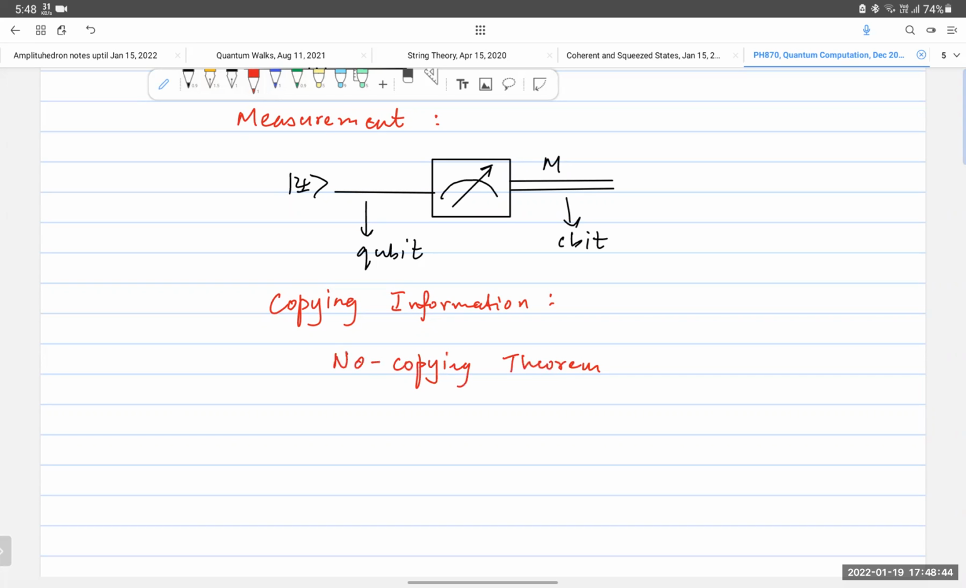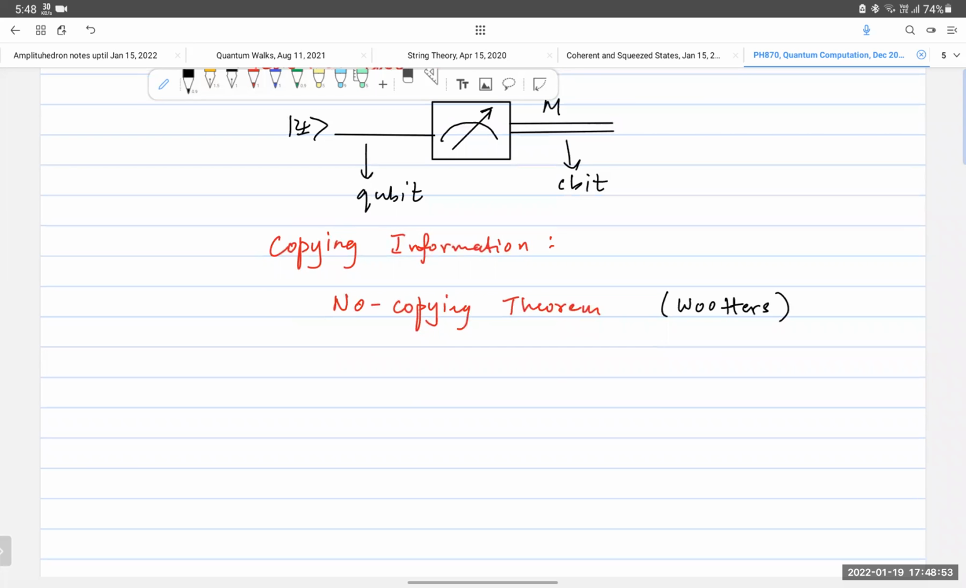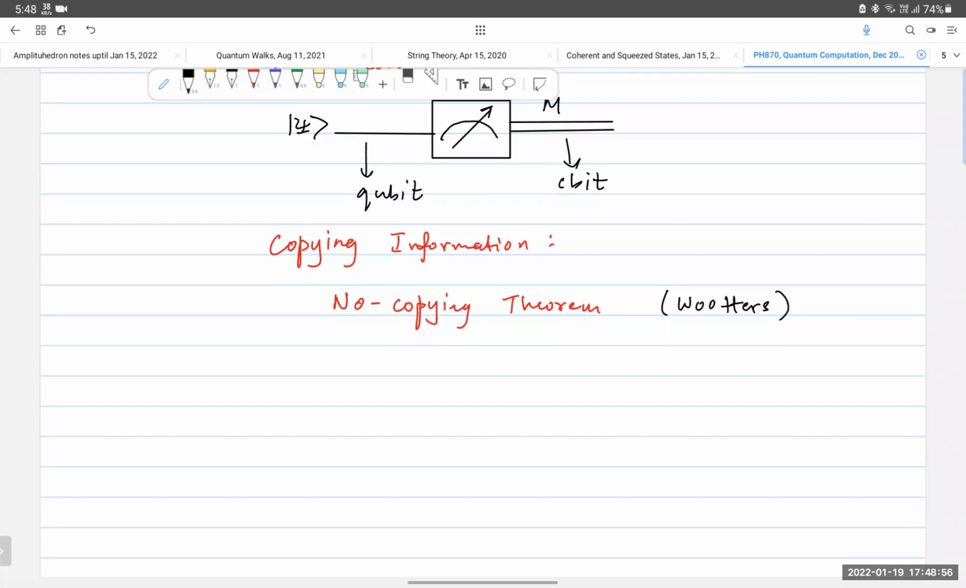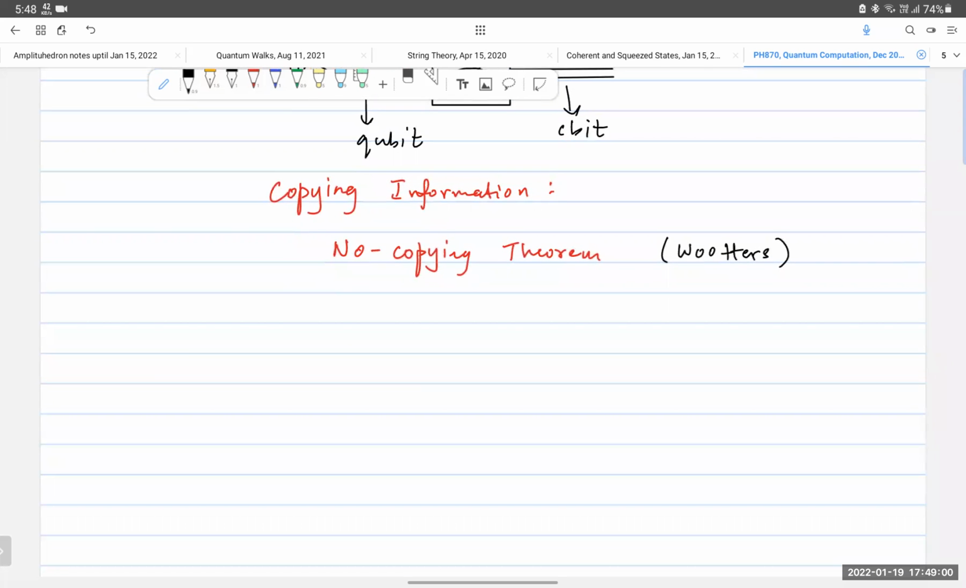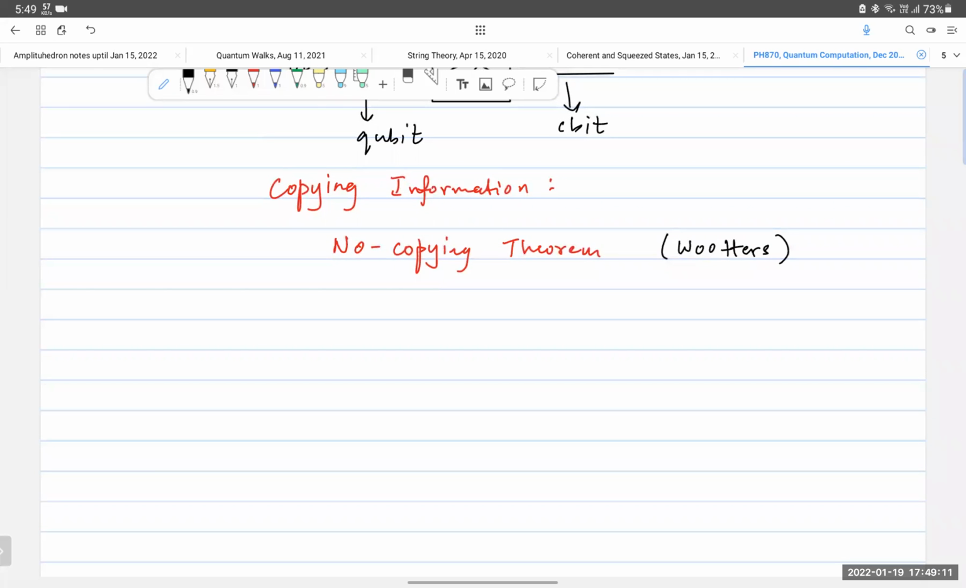And this was first proven back in the 1980s by Wootters. Okay. So what would it mean to say that I can copy a quantum state, right? So it would mean the following, that I have some input state, let's say X,